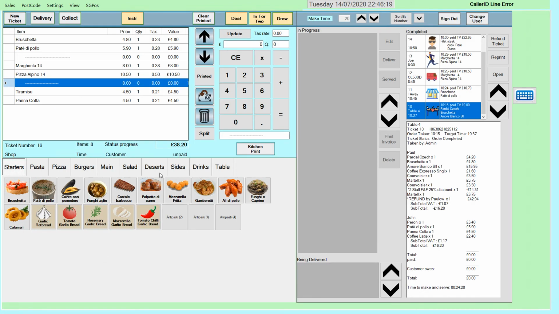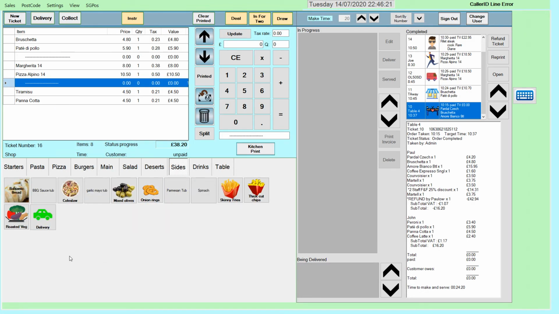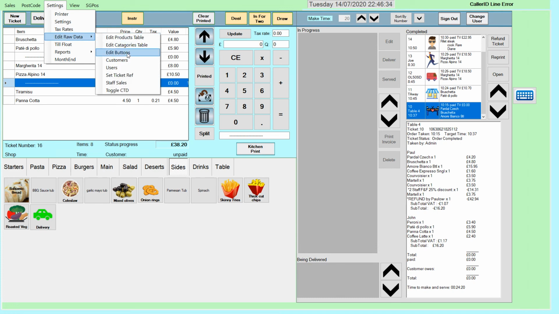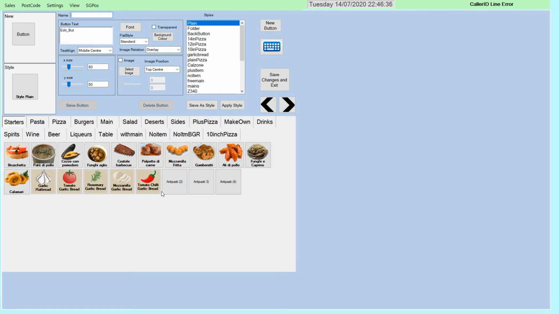And now when we go to the sides, we've got a new button, or should have. Actually, we won't have done it just yet because we do need to assign a button to it. So let's go to settings, edit buttons. There we go. Right, so if we find sides,